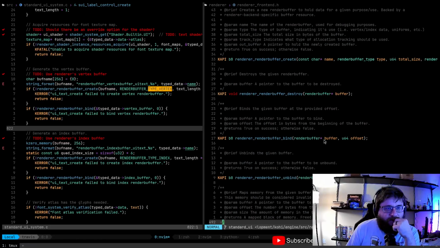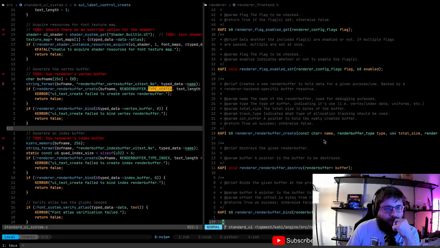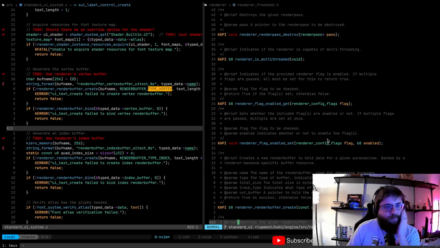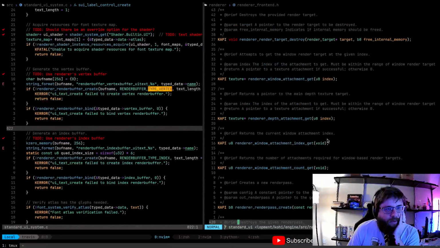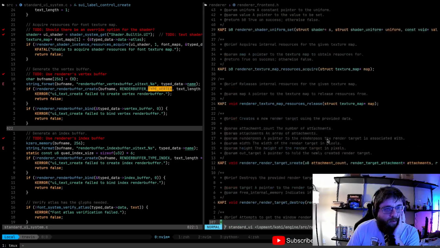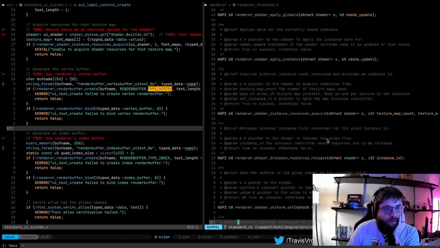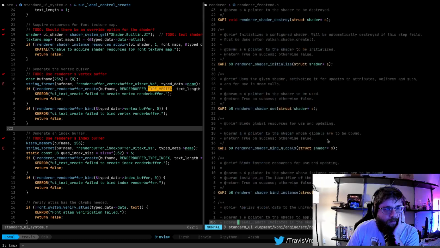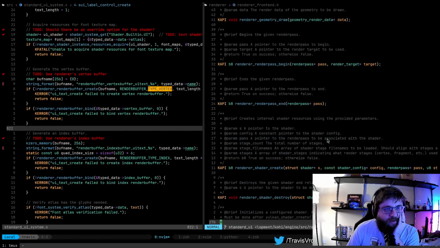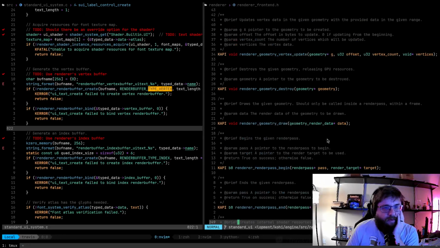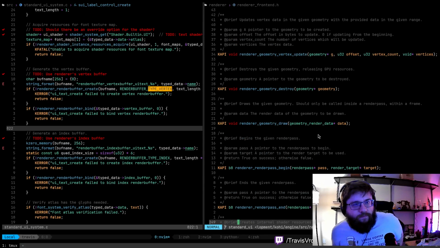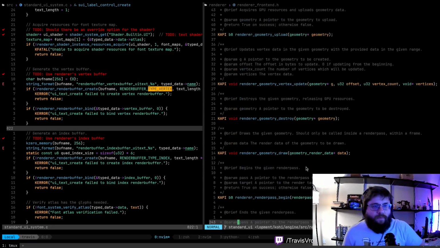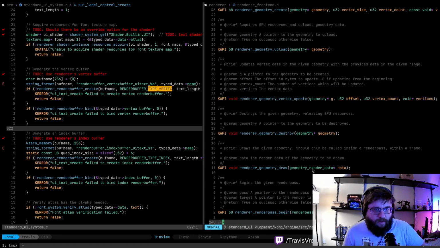So here's all the render buffer stuff in general. This is all shader stuff. Okay.